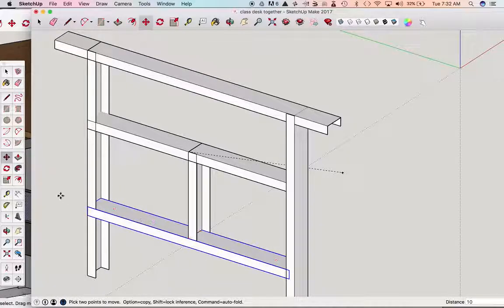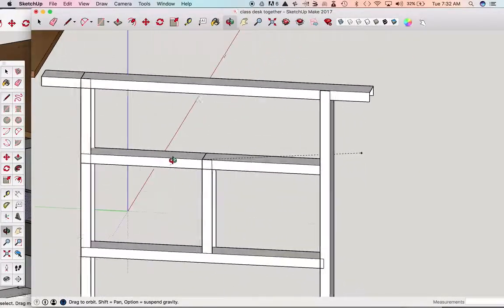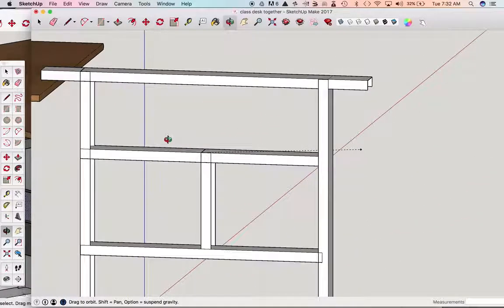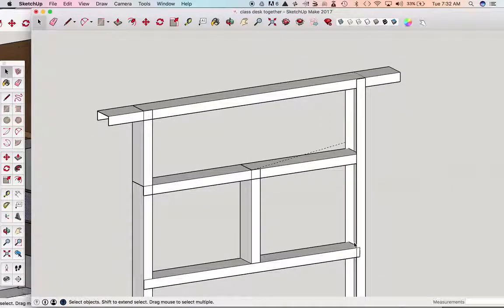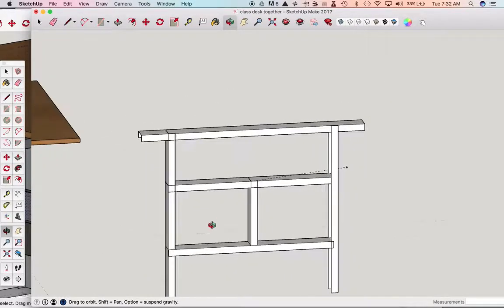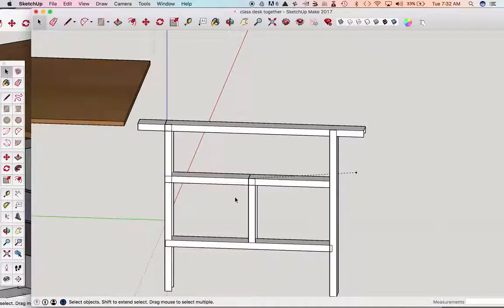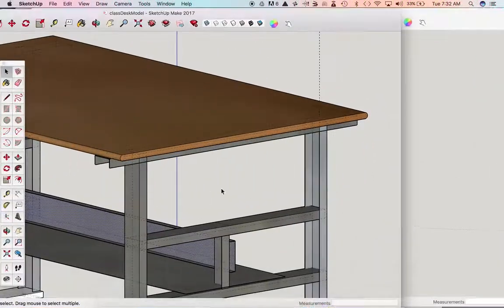Now that looks better. Okay, not perfect. I can see I made some measurement mistakes here. There's a gap there and a gap there. But for the sake of this exercise, I think we can just leave it be. So now we have most of one side. Now what we need to build then is